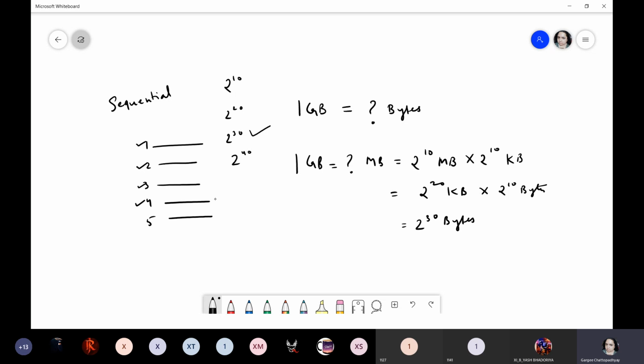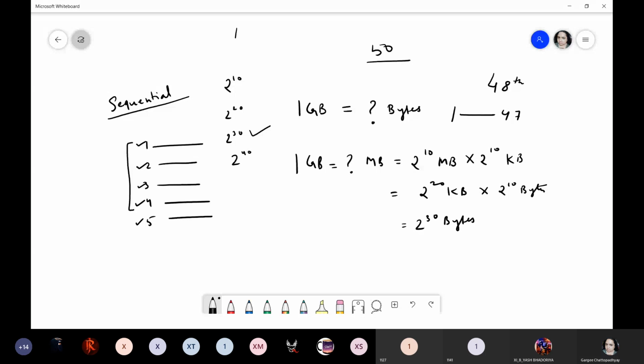So the further the record, the more time it needs. Understood? And if you want to read the last record, it will need a lot of time because all the previous records before that will have to be read first. Suppose you have 50 records and you want to access the 48th record, then you will have to traverse all the records from 1 to 47 to reach the 48th record. So that is the reason why those are sequential memory devices.